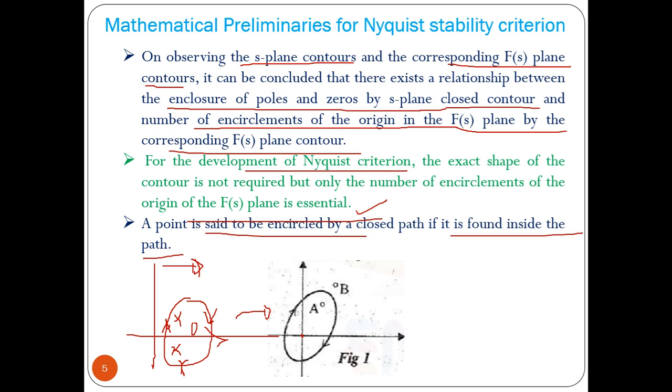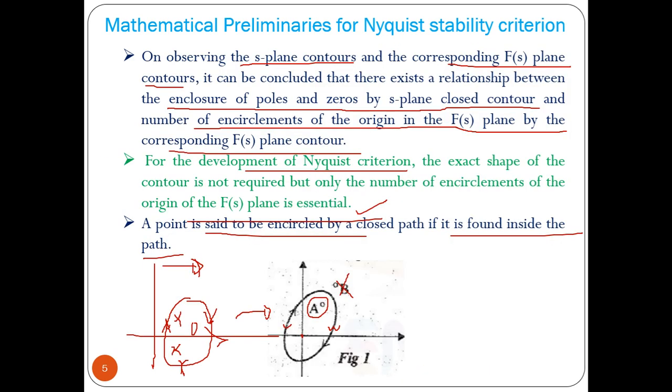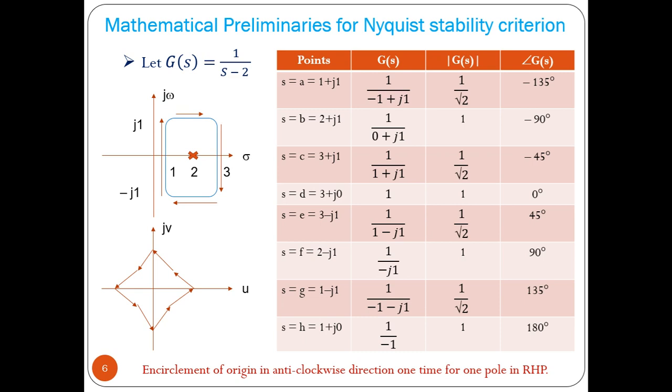So in this particular example, point A is encircled by the closed path, whereas point B is not. Now let me show you an example. We have an S plane. Okay, this is your S plane. We have an open loop transfer function 1 by (s minus 2). So on the right half of the S plane we have a pole, and what we are doing is we are